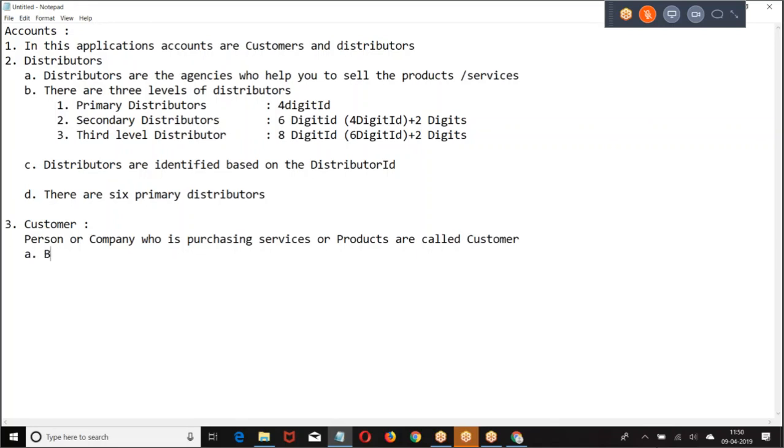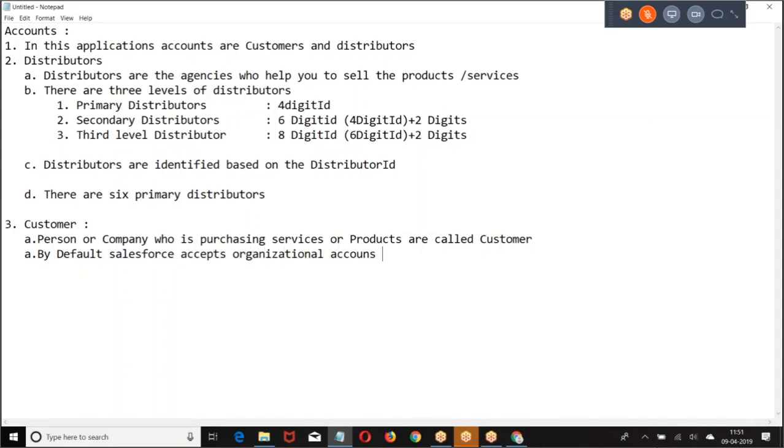By default, Salesforce accepts organizational accounts. If you want personal accounts,